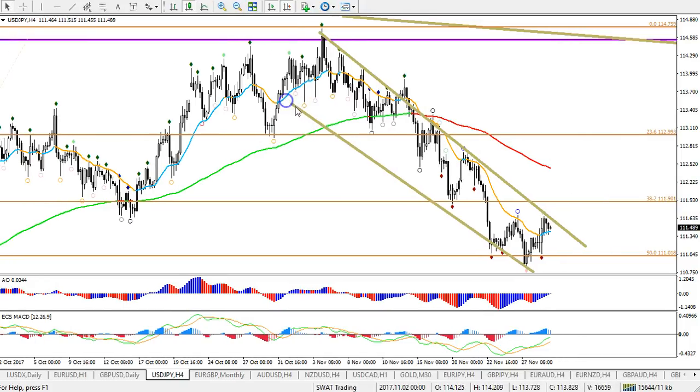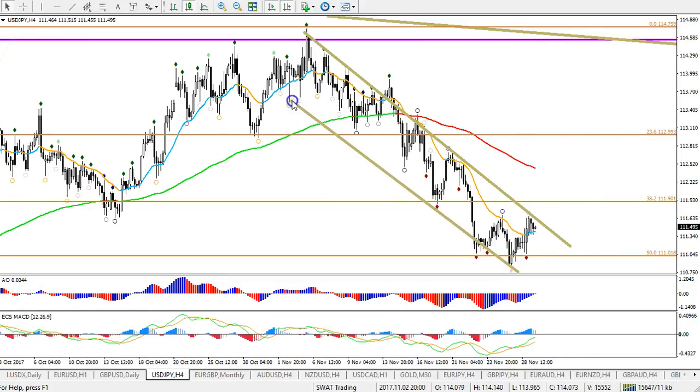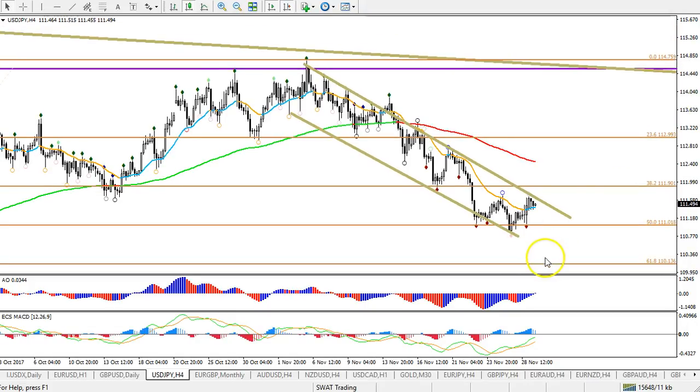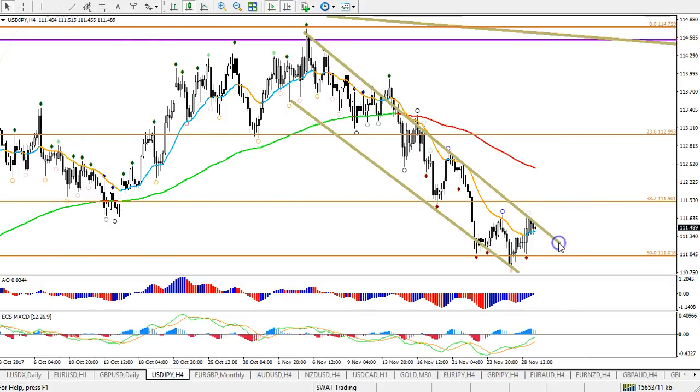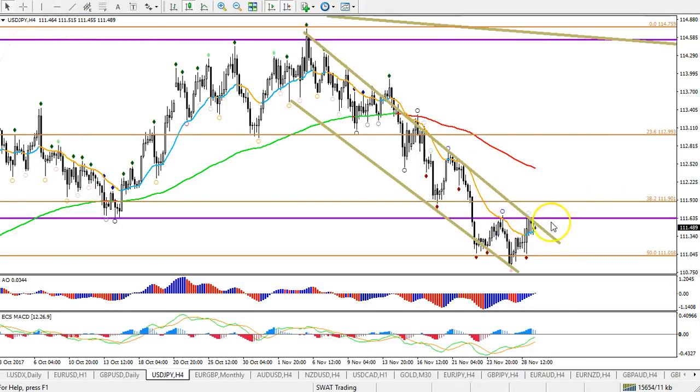This channel is a good thing to keep an eye on, because if price stays in this channel, it could just keep on pushing down to the 61.8 fib. For instance, if it breaks out of this channel and specifically breaks above these tops here, there could be either a bigger ABC correction or the start of a new uptrend. And the 50 fib in that case would be the big bouncing spot, which we never know. We don't know if the big bounce is going to happen at the 50 or a deeper fib. That depends on, first of all, whether price breaks above this channel, and second of all, how far it goes